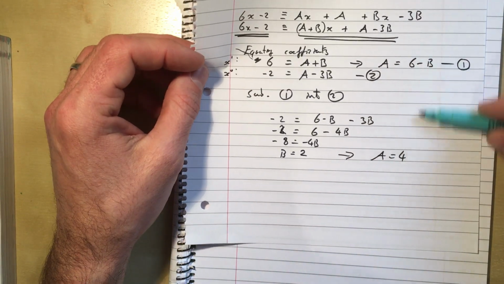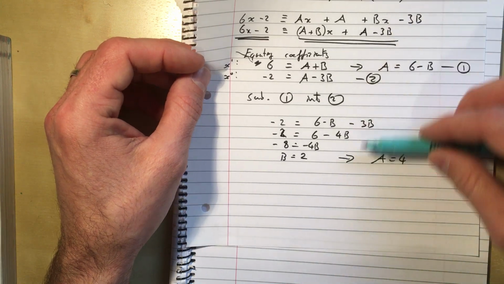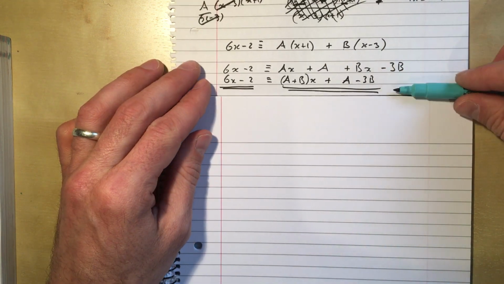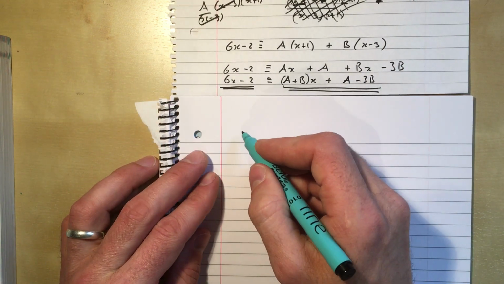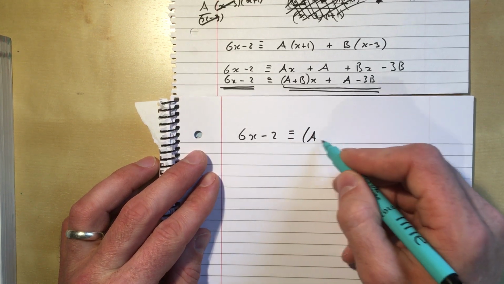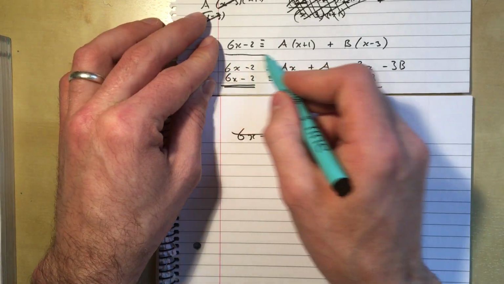Now, here is tactic number 2, and unfortunately you need to know both of these. So this is the equating coefficients method. That's the one I like the most. I think most people disagree with me, if I'm honest. I think most people prefer this method, which goes like this. First of all, you do the same thing up to here. Now what we do is you say, well, if 6x minus 2 is exactly the same as a plus b,